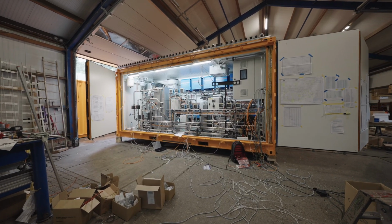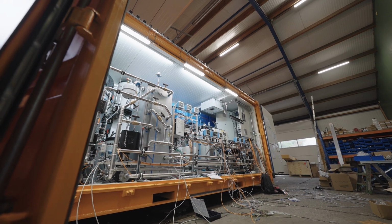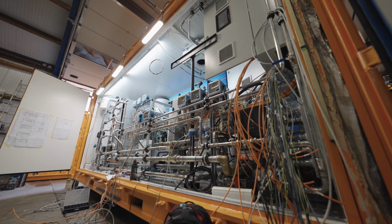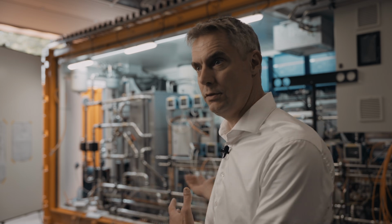This is an experimental 20-foot shipping container filled with renewable energy technology. It's called the Power Hub, and it's been designed to push the boundaries of sustainable energy solutions using technology which is already available. We desperately hope that people see that readily available off-the-shelf technology, which you can purchase, the stuff that's in this container, can be combined to something that fits the needs of, in this case, the compound,